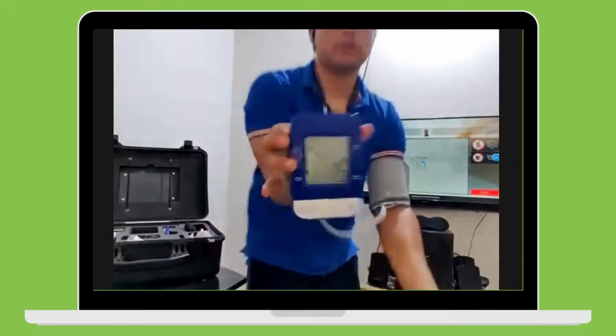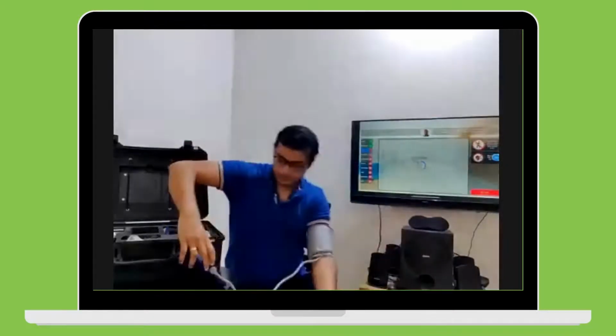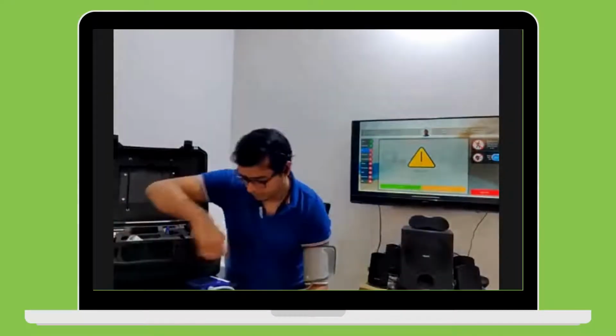Automatically the BP machine has got switched on and it is inflating. The cuff is inflating. It showed some error.